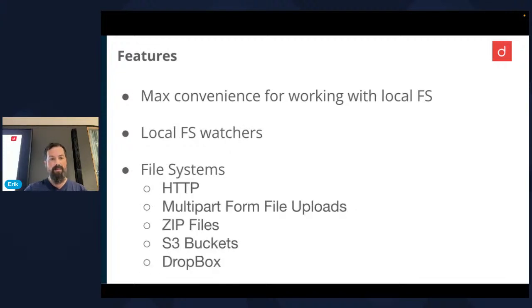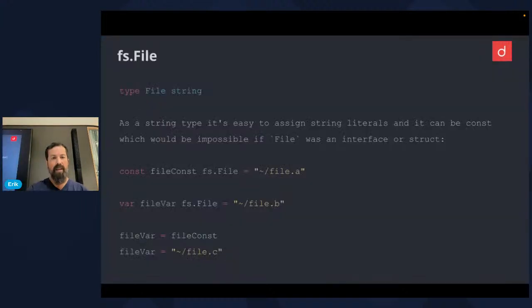And yeah, so here are some implementations. And yeah, what does it look like? So basically, file is just a string underneath. And as I heard, not everyone is a Go pro here. So basically, in Go, you can create new types based on underlying fundamental types like string, int, and so on.